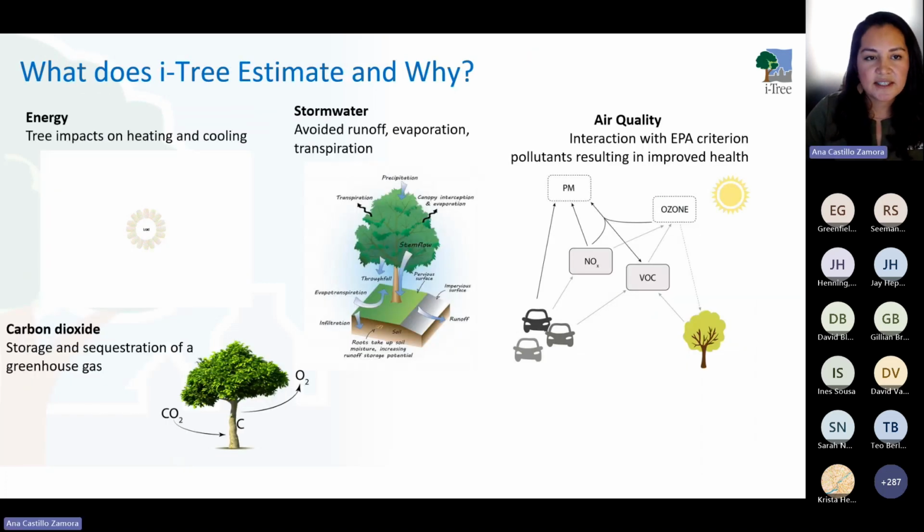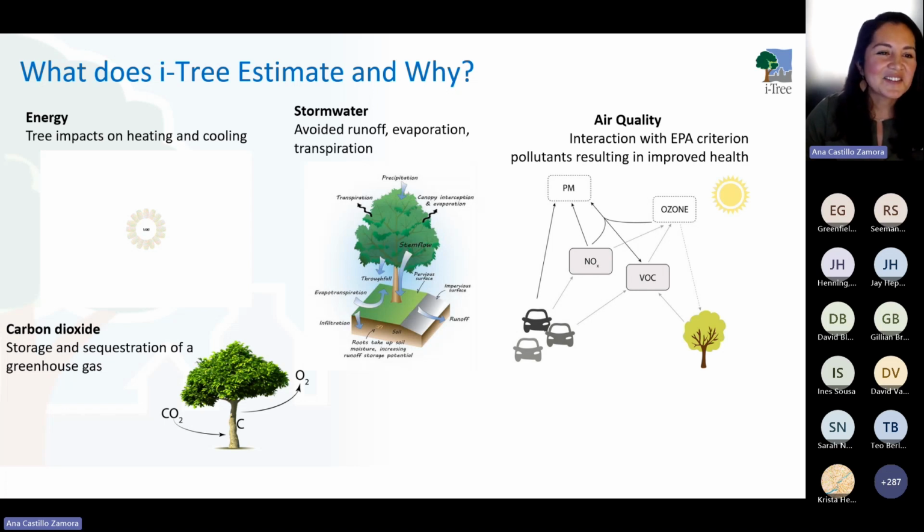So what does iTree estimate? So there are four core ecosystem services that, sorry, okay, you can all hear me okay, right? Okay, I just saw something in the chat about being muted. Okay,